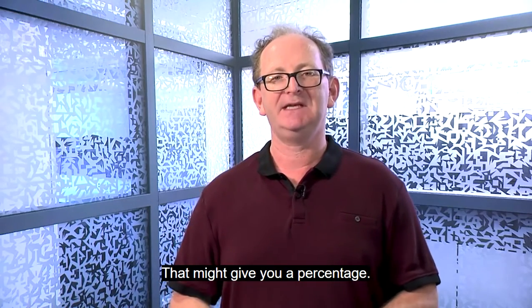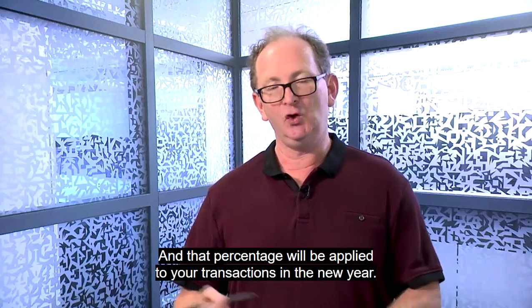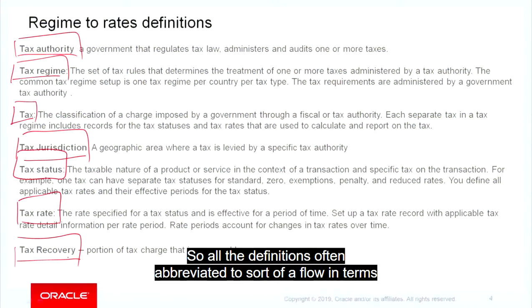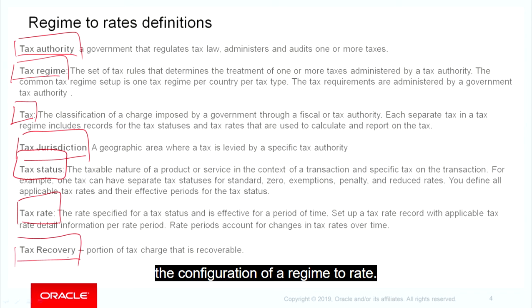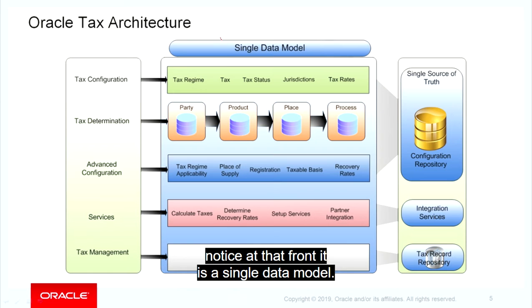That might give you a percentage, and that percentage will be applied to your transactions in the new year. So all the definitions are often abbreviated to a flow in terms of the configuration of a regime to rate. If we look at the overall architecture here of the tax engine,